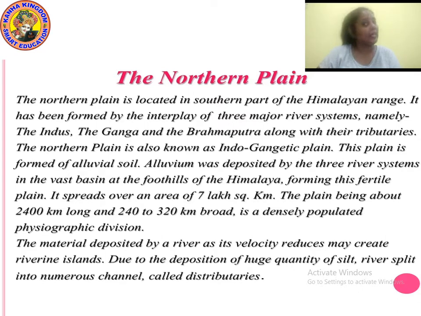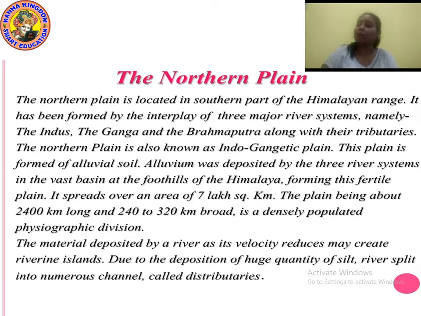Now, let's begin with the northern plains. The northern plain is located in the southern part of the Himalayan range. It has been formed by the interplay of three major river systems, namely the Indus, the Ganga, and the Brahmaputra. So, in the northern plain, what are the three main rivers found? The three main rivers found in the northern plains are the Indus, the Ganga, and the Brahmaputra, along with their